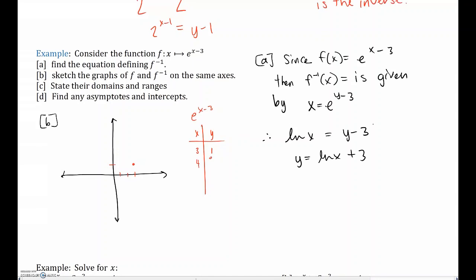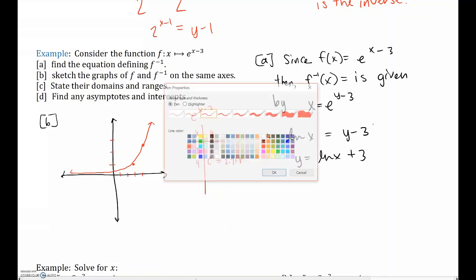Which is e to the 1, right? Which is approximately 2.718. So if you go to 4, you're going to go up to 2.718. So you're going to be about right here-ish. Now remember, it has an asymptote at 0 because there was no shift, and then it went like this. Now let's do the other guy,